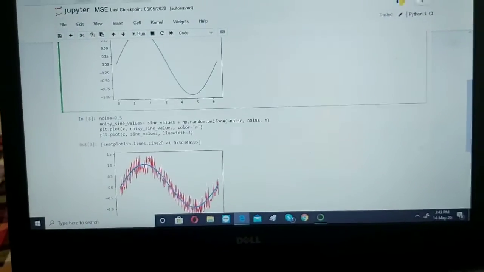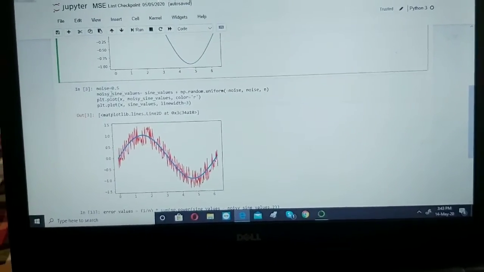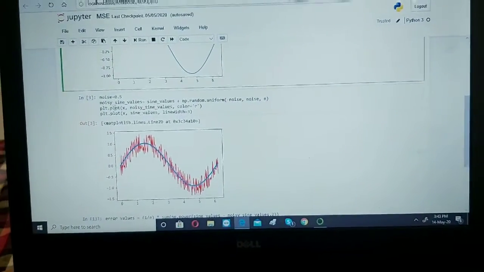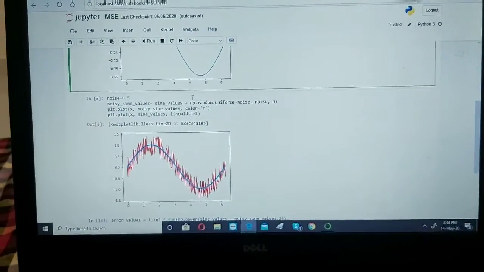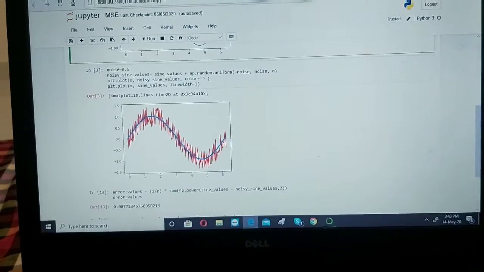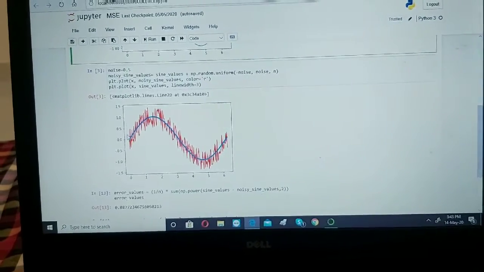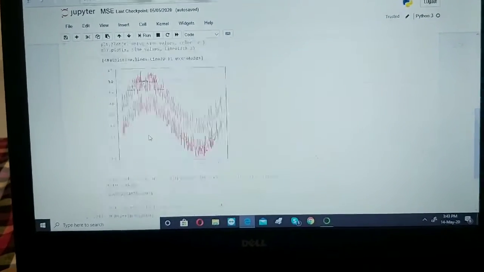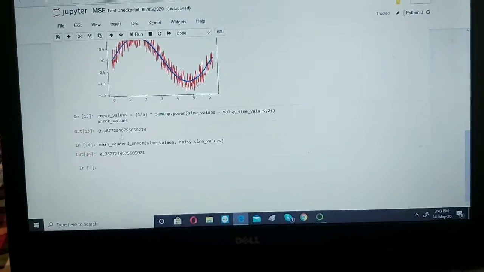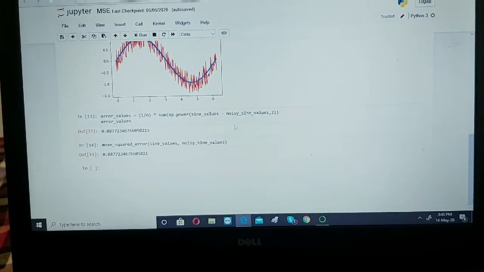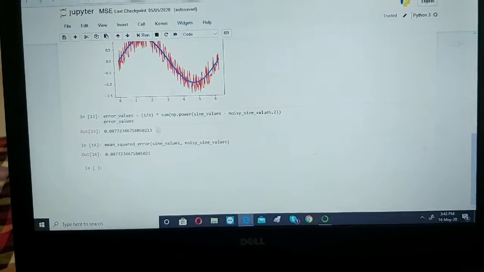Now we need to add noise to this. We'll use noise equals 0.5, and for the noisy sine values we'll add a random uniform function to the sine values, and we'll get this graph of sine waves with the noise values. Here we can find the mean squared error in two methods, by the manual method and by using the function.